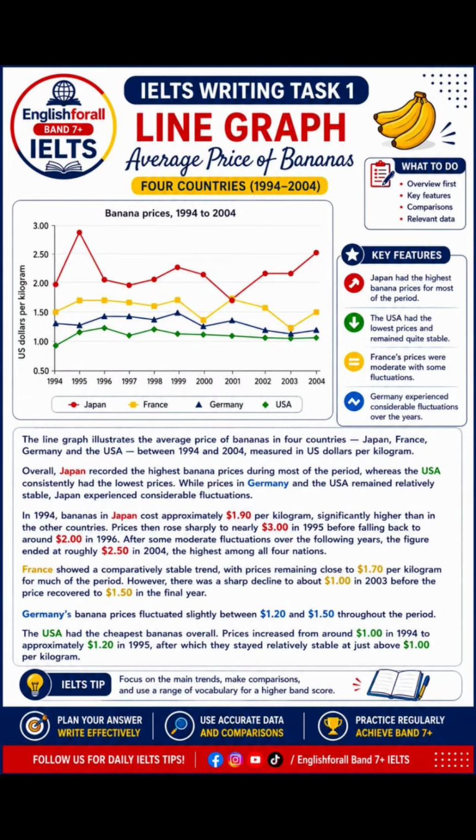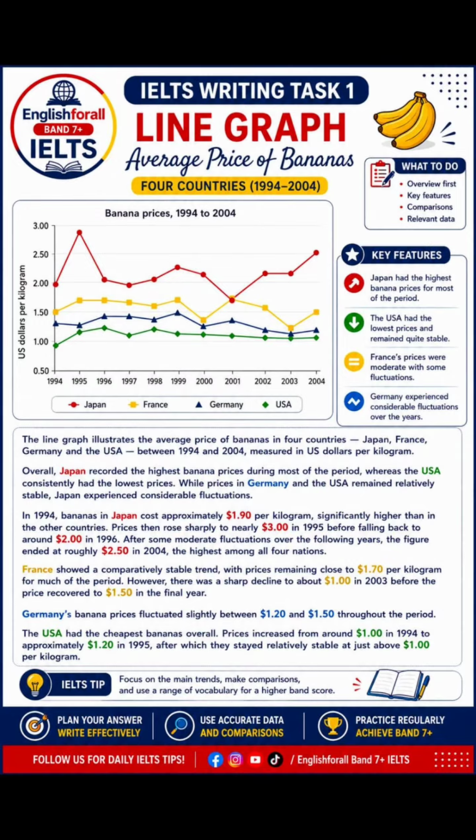The line graph illustrates the average price of bananas in 4 countries, then dash Japan, France, Germany, and the USA, and then again dash. So dash, I'll explain it. That's a grammatical feature of punctuation. Like the dash before and after the list shows you are giving a list. So when we have a list of things, we can write down that thing in between